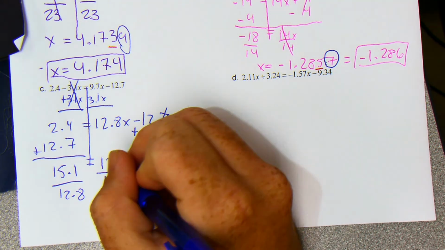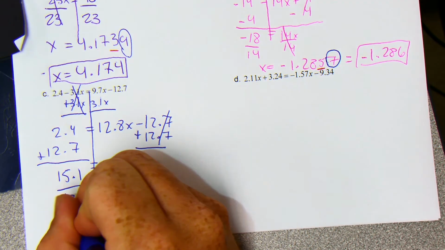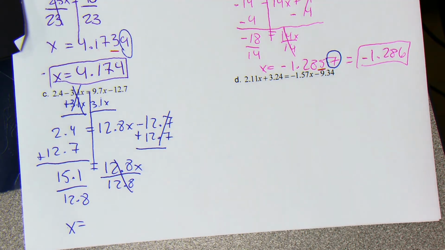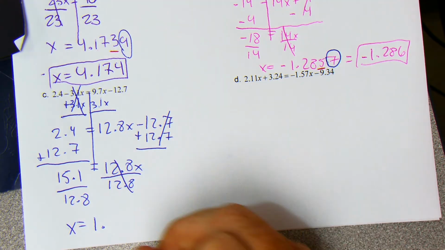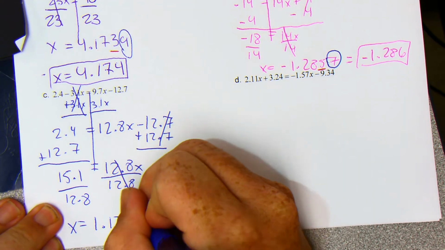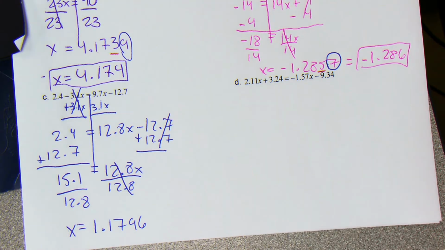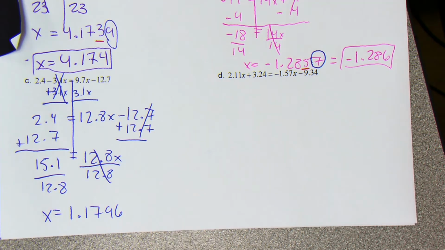So these cancel out. I get x equals, and now we need to do 15.1 divided by 12.8, which gives me a very long decimal, but it is 1.1796. Okay, but that is not 3 decimals. That is 4 decimals. In order to get this to 3 decimals, I need